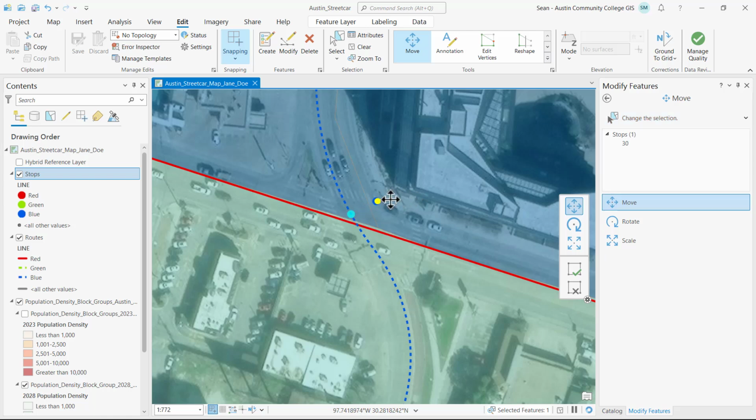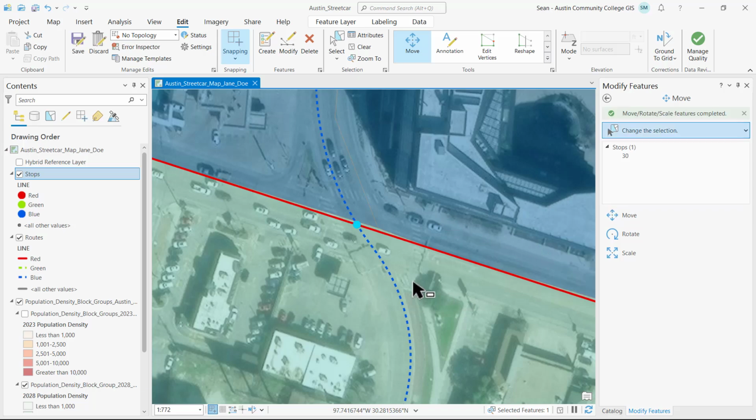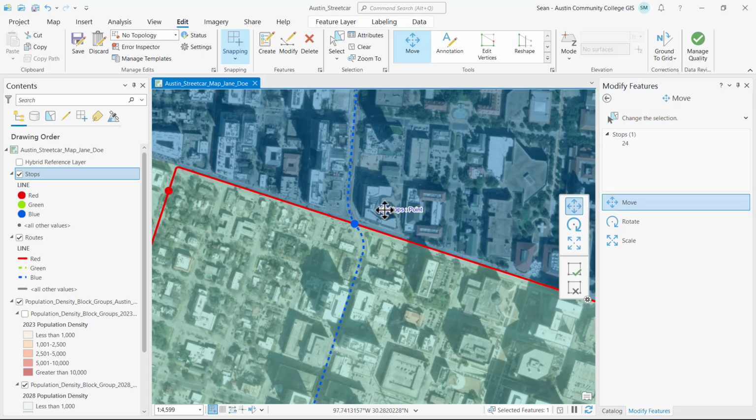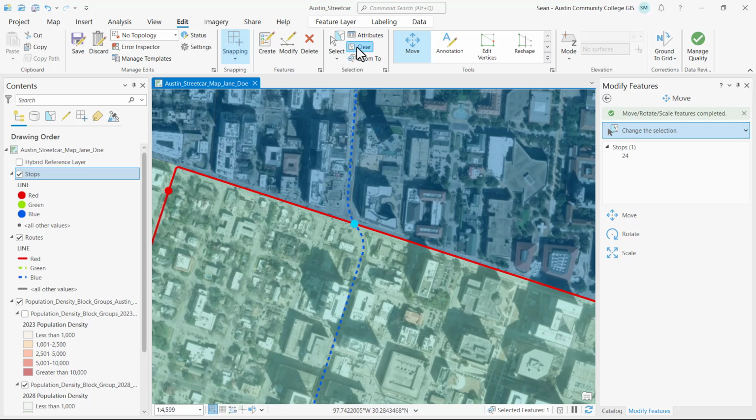And now I'm just going to move it over to the intersection and place it there and do the same for the red. So again, no topology. So I'm going to move the red stop. And if I just kind of move it over here over the building, you'll see it doesn't stretch the route with it. Now I'm just going to move it again to the red stop and the intersection, clear my selection,